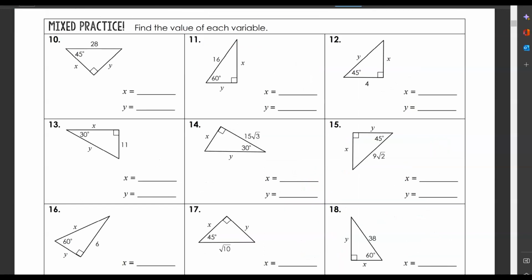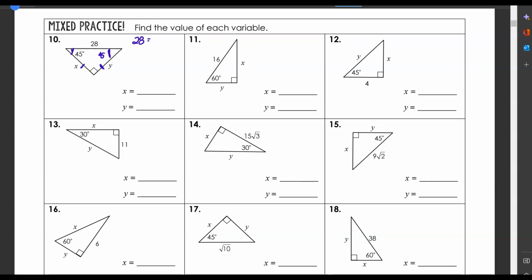All right, here we're going to be doing a little bit of mixed practice. So we want to find the values of each variable. So let's look at this first one. This first one, we are looking at a 45. So I have a 45-degree angle here, which tells me that this is also a 45-degree angle. So we have 45, 45, 90. This tells me that the two legs are congruent. And so all I have to do here is note that my hypotenuse is going to be 28,